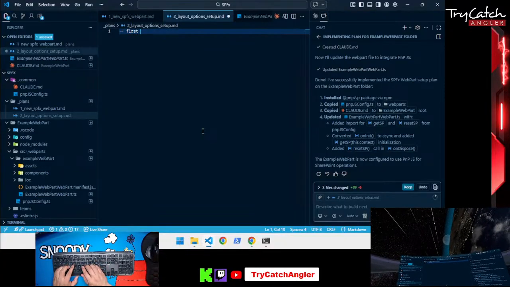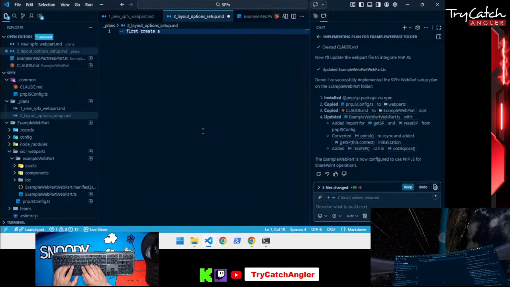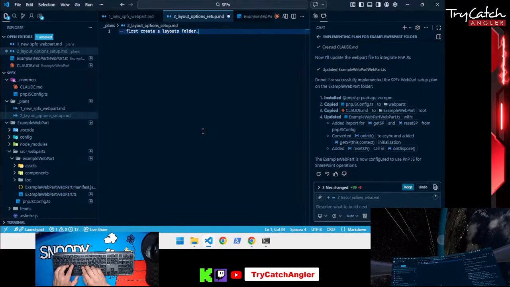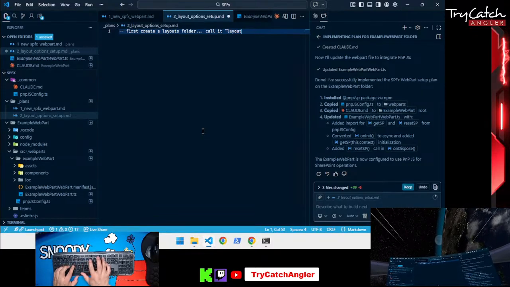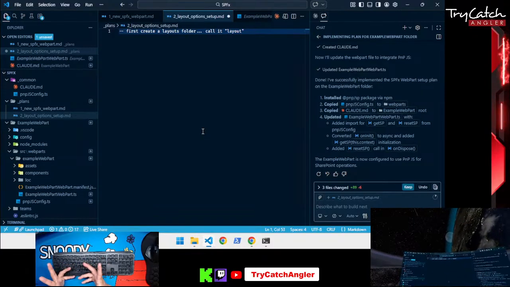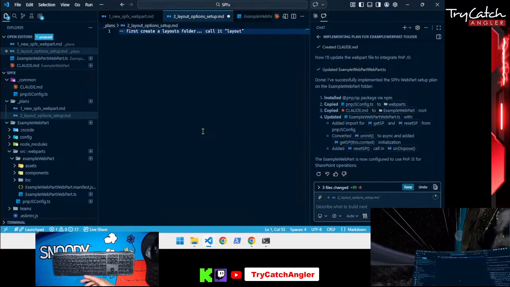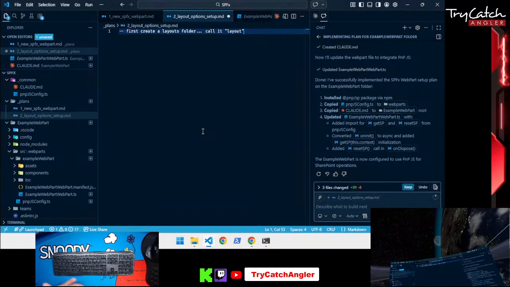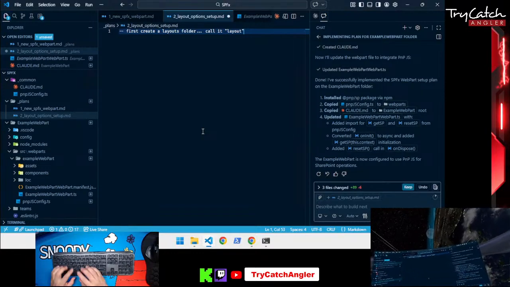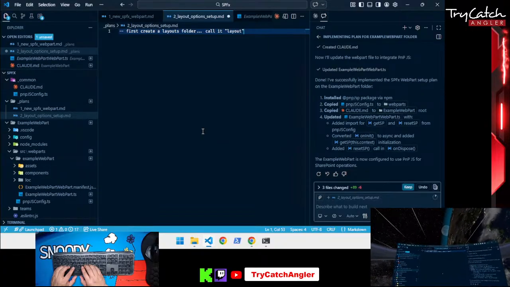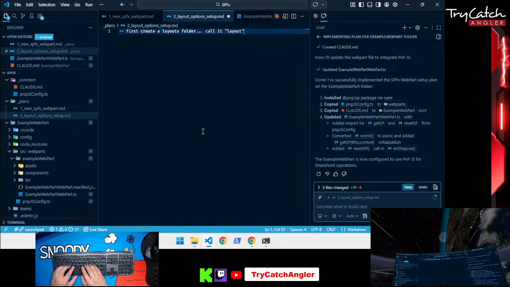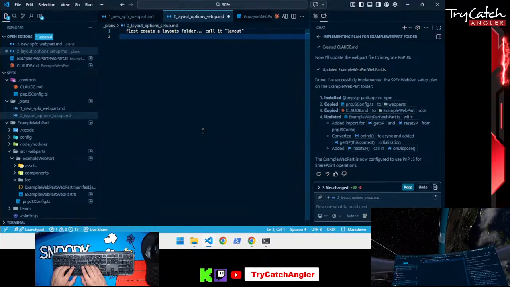Let's do it this way. First, create a layouts folder. Call it layouts. You can create multiple layouts if you want, but it's up to you. But I'm just giving you a generic. Again, this is all about boilerplate. This is all about how I would go about doing this if I was starting right now, right? So create a folder called layout, and then